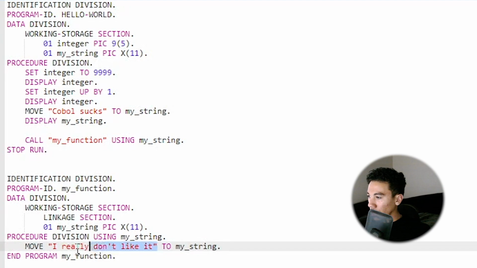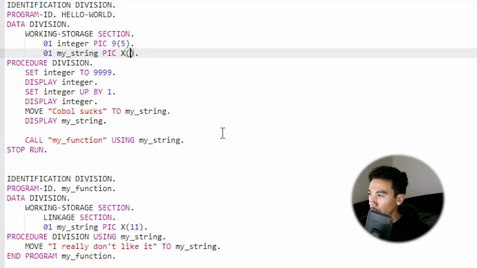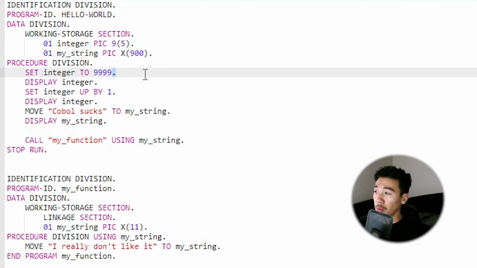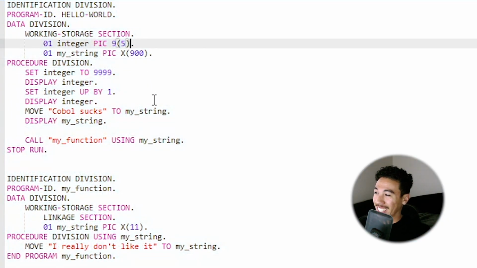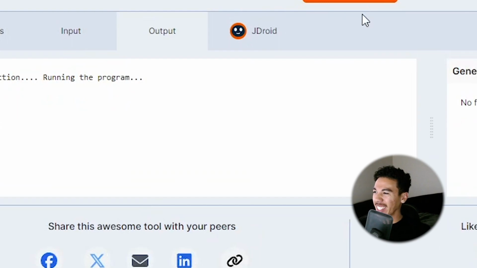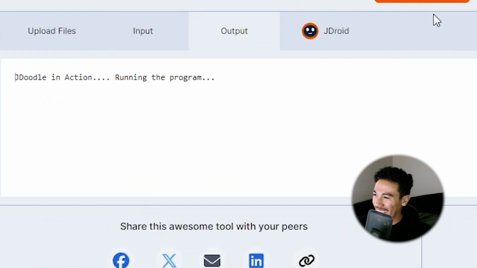This is obviously a longer string, and so we're back to square one. I gotta change this length. You know what, screw it. I'm just gonna make it 900 just so we don't have to worry about it. I hope that doesn't break the program. It's 1 byte of memory, so 900 bytes of memory I'm allocating. That's kind of funny. Let's do that, yeah. Look at it executing. It's taking so long. 900 bytes.